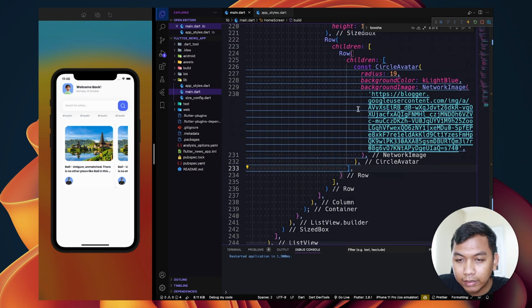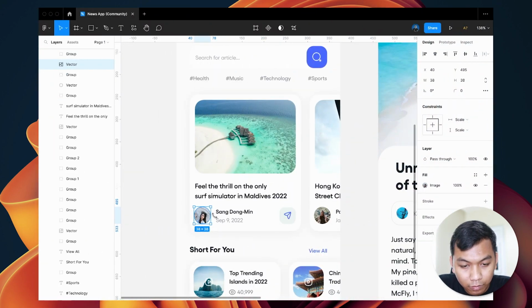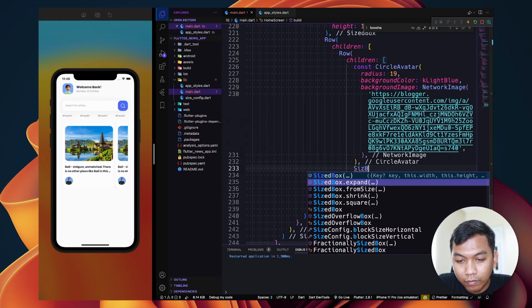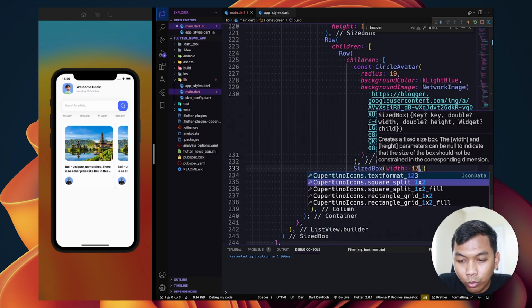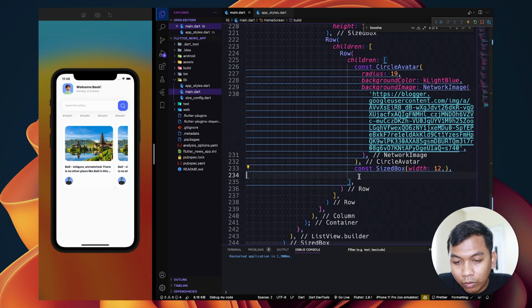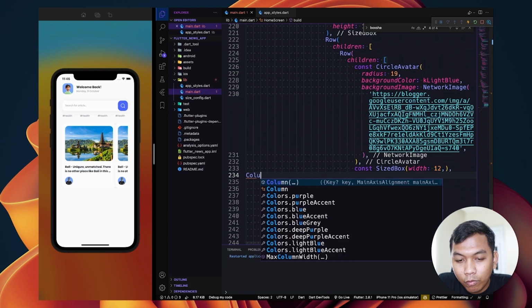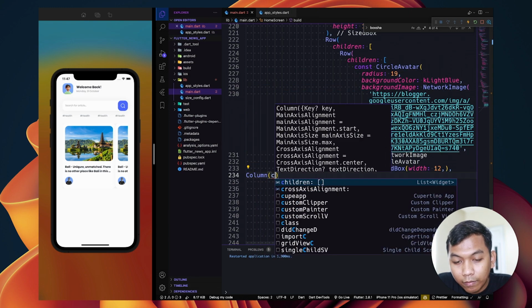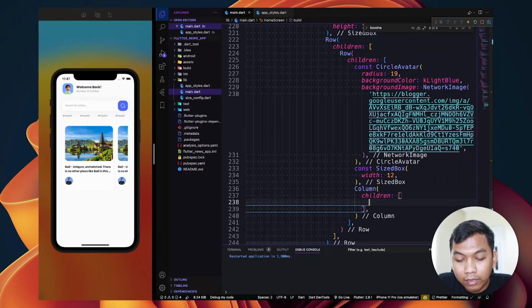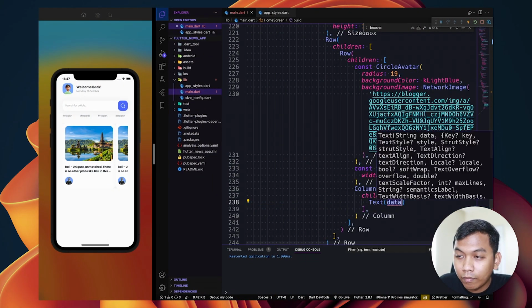And the next, inside this row widget, we will have a size box again with the width set to 12. And the next, we will have a column widget. And inside this column widget will contain two text widgets.